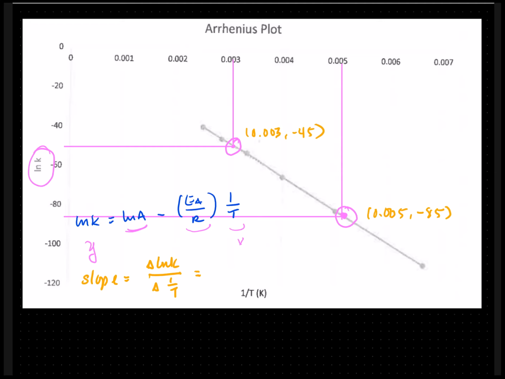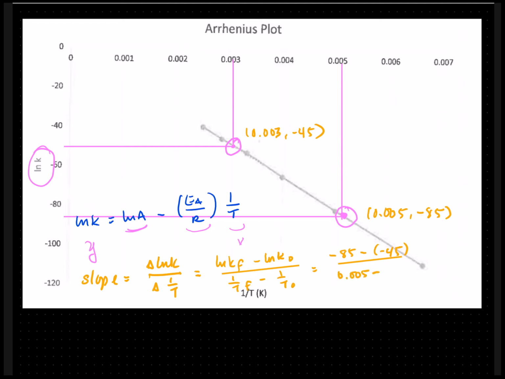So the change in ln k is ln k final minus ln k initial, over 1 over T final minus 1 over T initial. So this becomes negative 85 minus 45,